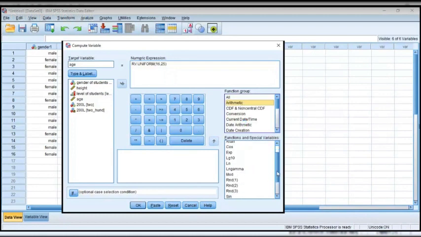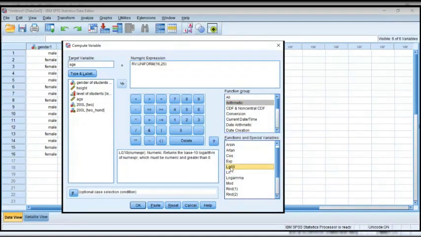Now, under the arithmetic, we have the arctan, cos, exponential, the log to base 10, the ln, and so on and so forth. Now, I want to compute the log to base 10 of a variable. We just pick this. Now, the code is telling us that we write log to base 10 and we send in the particular variable. For example, in this case, I want to take the log of the age of those students.